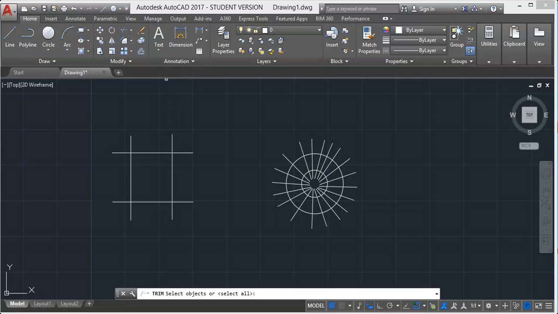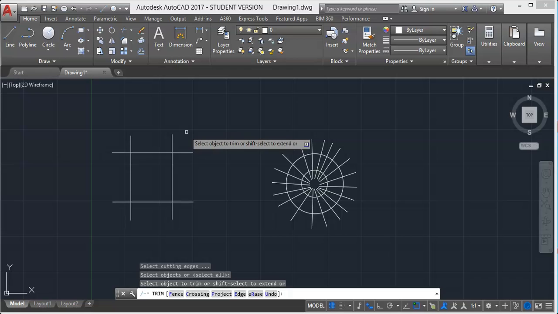In this drawing, suppose we want to chip off all these extra lines. For that, we initiate the trim command and press enter. As soon as we press enter, all the objects in this drawing and this drawing as well are selected. Now suppose I want to chip off these lines and keep this rectangle. So click on this line.